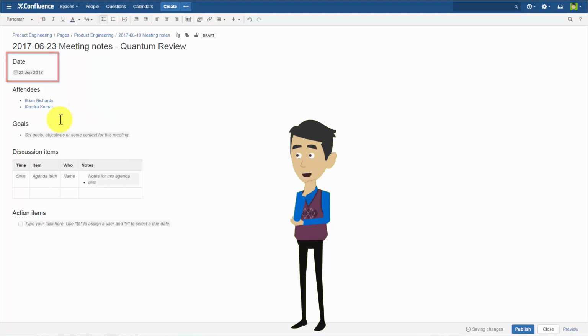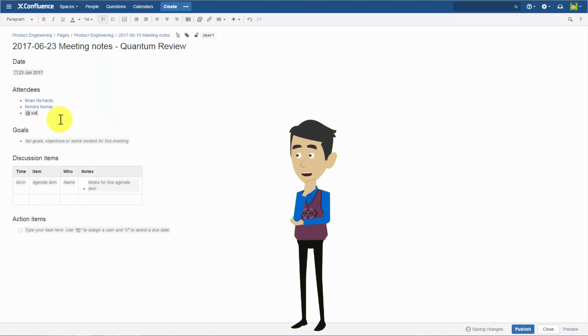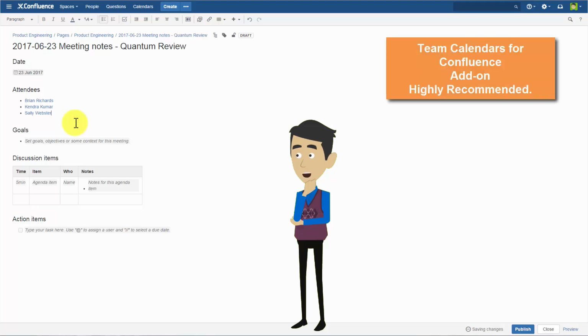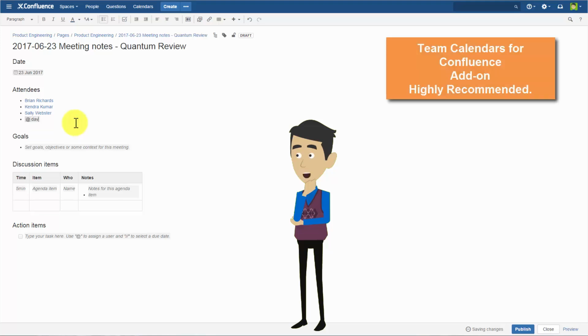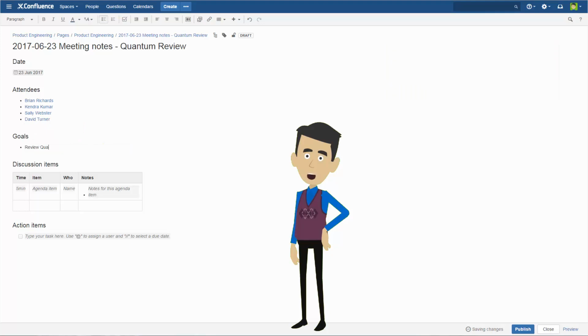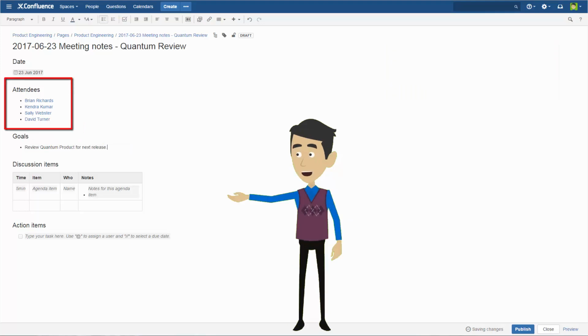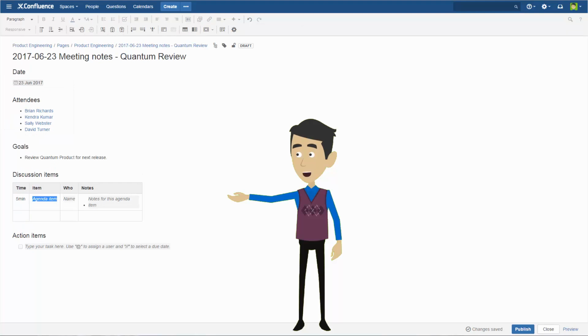You will still need to organize your colleagues' electronic diaries using your own email calendar application, or the excellent Team Calendars add-on for Confluence if you have that installed. This is why no time or place for the meeting can be set here. When I add my attendees using the @ symbol, they will still be notified in their Confluence workbox automatically when